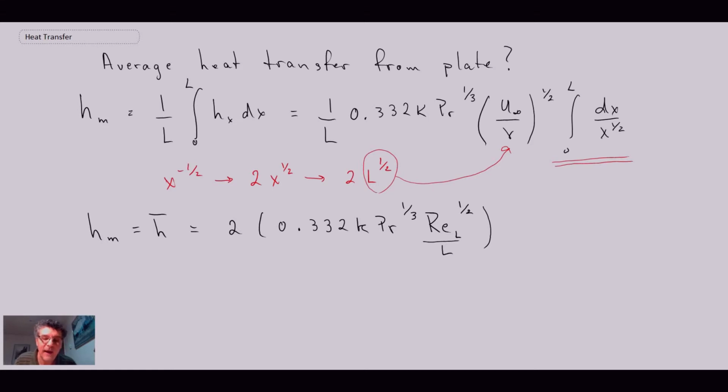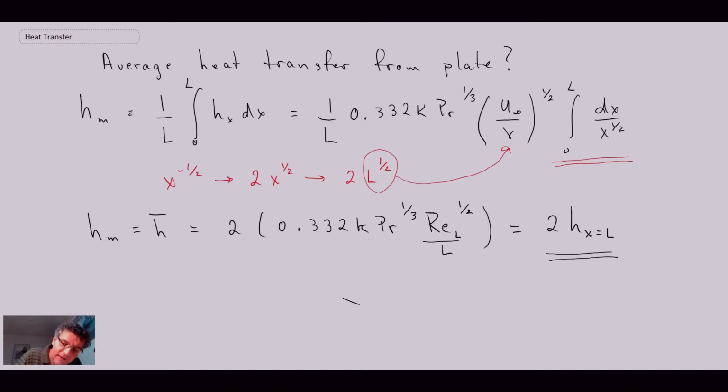So we obtain that for the average convective heat transfer coefficient over the plate of length L. Looking back at the expression that we had for the convective heat transfer coefficient itself, what that tells us is the average convective heat transfer coefficient for the laminar boundary layer is equal to 2